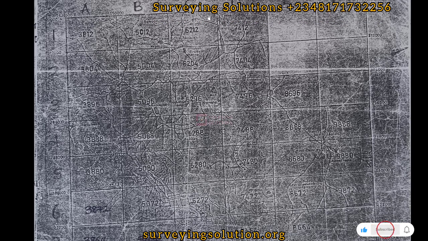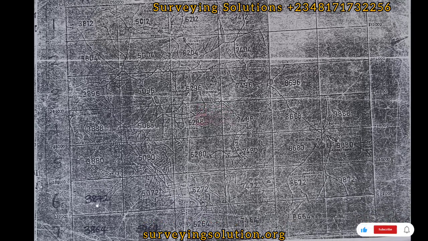So on the northern axis, it increases by 8,000 feet. Then on the eastern axis, that's this axis, it increases by 8,000 feet. Then on this axis, it increases by 12,000 feet, right? Good. So what is our interest? Our interest is this sheet